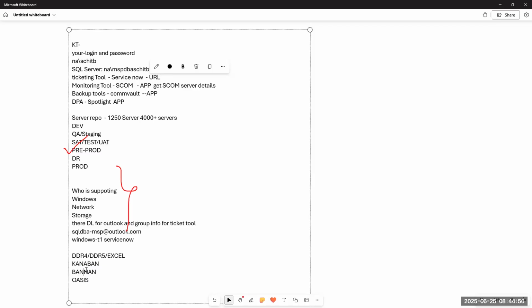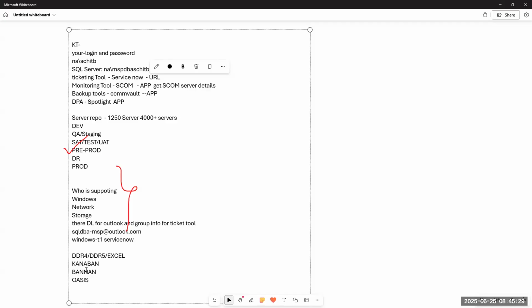Then it will go to post installation, which means they will verify the performance of the server, validate the security policies, and test how the server is performing. They will do all the pre-checks. Finally, the server will go to the live environment. Live means the application will start connecting to the server and start loading the data.